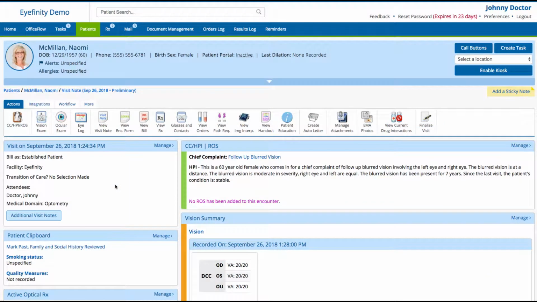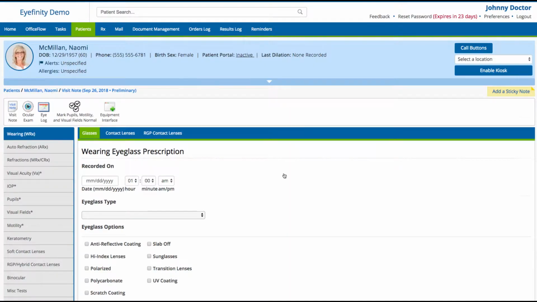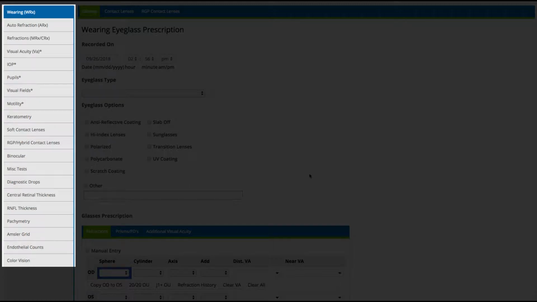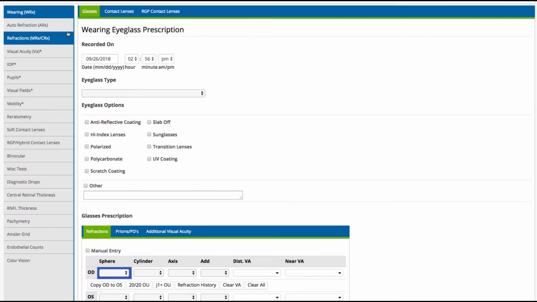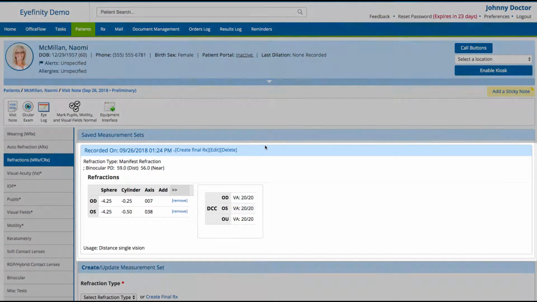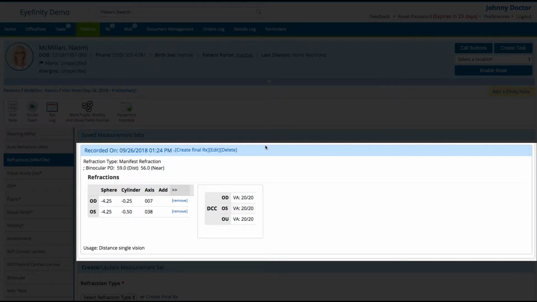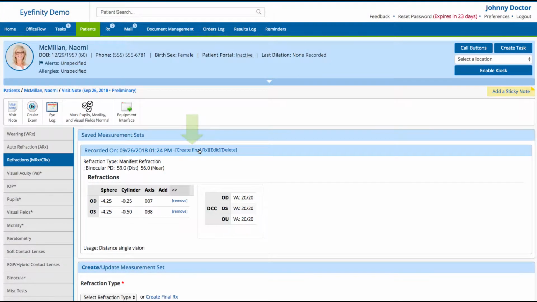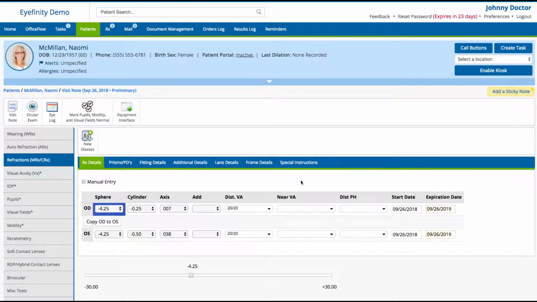First, we're going to go to the vision exam room. From here, we'll take a look at the tabs along the side and we're going to click refractions. We already have a manifest refraction we've created for this patient, so we'll click Create Final RX. This will take us to the glasses and contacts area, where we can edit the RX details and add prisms